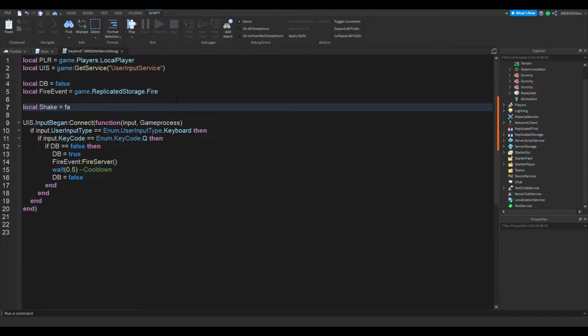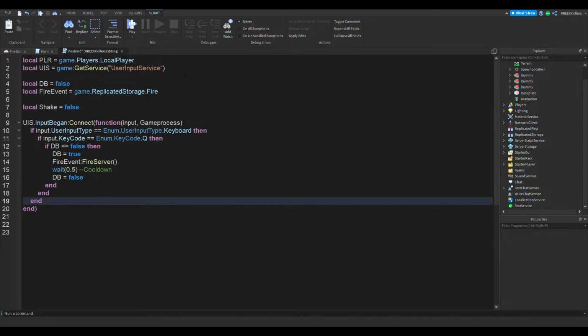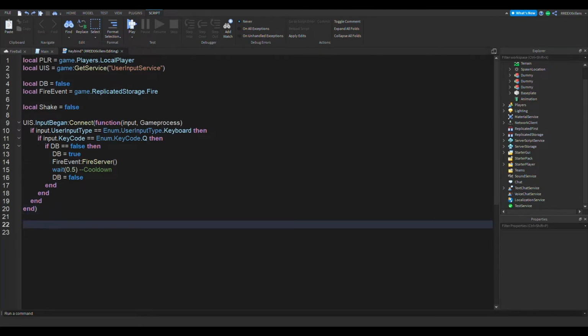It's going to be a boolean value, local shake equals false. The next thing we're going to do is, right below this UIS input began, add game get service run service dot render step connect function,